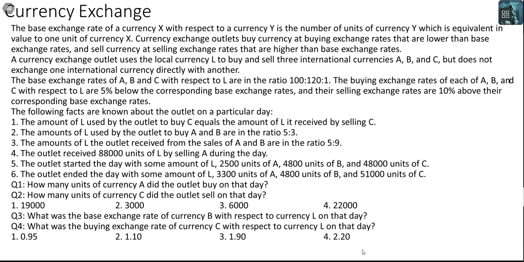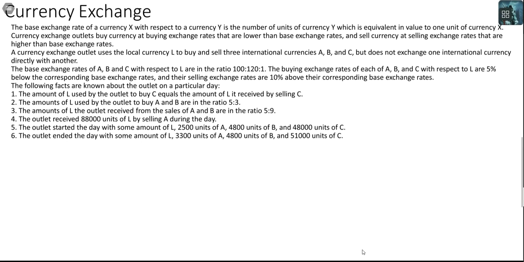Again, a glance through the questions would enable you to conclude that precise values can be ascertained here, because there is not a single question starting with the word if, and there is not a single "cannot be determined" in the options. So if you dedicate your time and record the information appropriately, you should be able to solve all questions here. Let's try and record the data that is given.